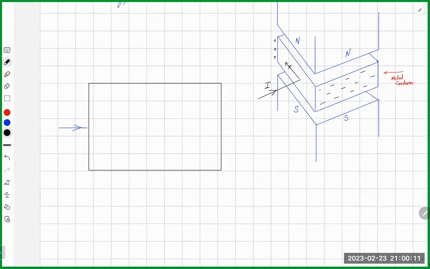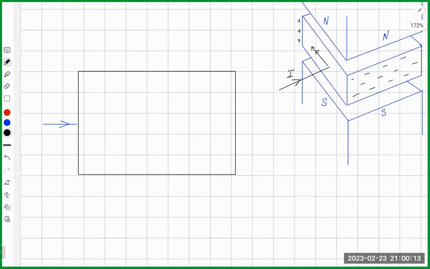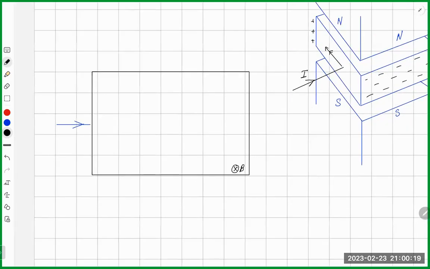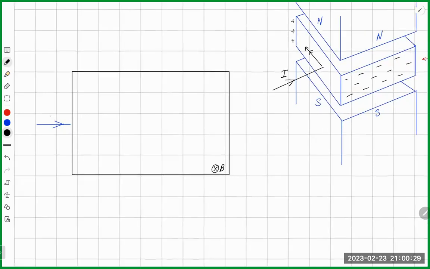The magnetic field is downward. So B is into the page right now. Current is coming this way. So what should happen is positives go toward this side, so this side should start developing